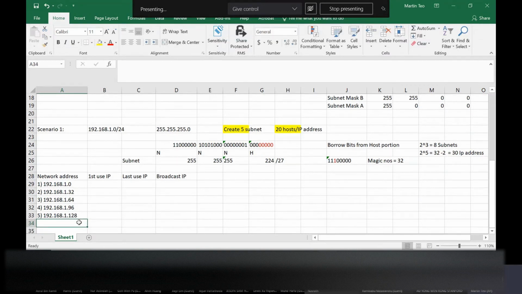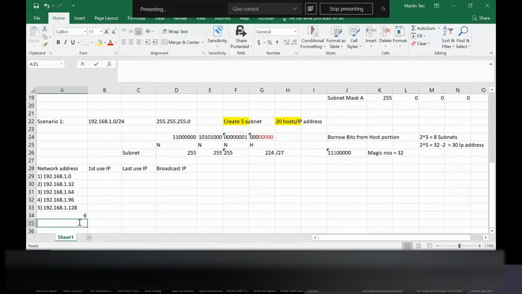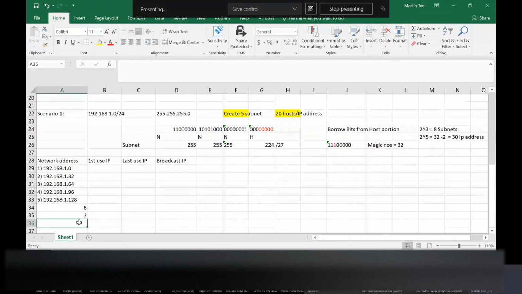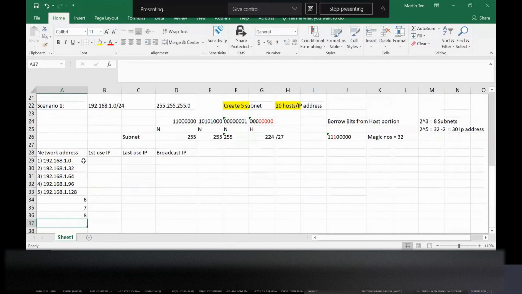Of course, we have the 6th, the 7th, and the 8th subnet, but I just need the 5 subnets. So with the network addresses now created based on borrowing the bits,